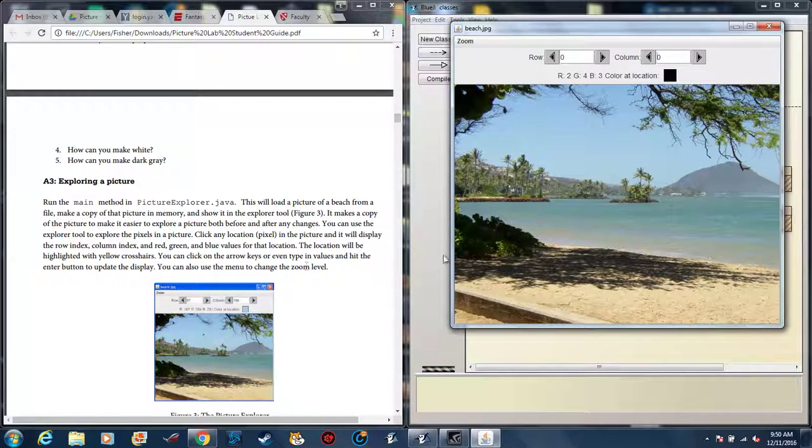Alright, we also have when we make a change, we'll have a copy so we can see. So you can click the arrows or even type values, hit the enter button. So there's the pixel at 82, 204. Color is red 156, green 199, B 213, and that's what it actually looks like. And then I can move across, I can move up and down, and you'll see this change accordingly